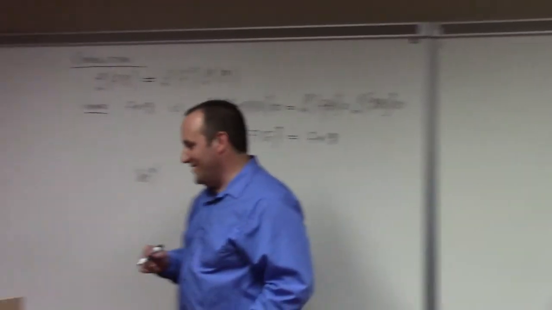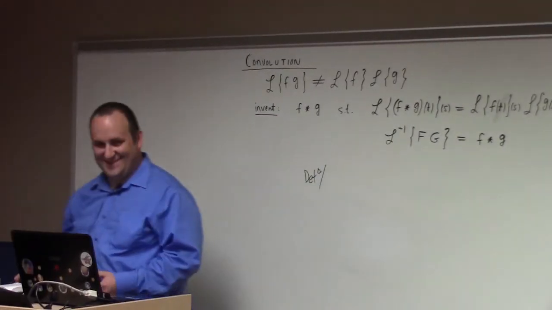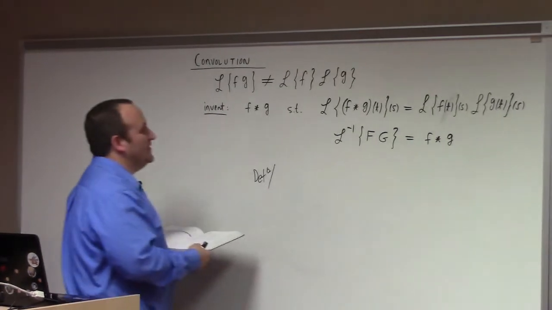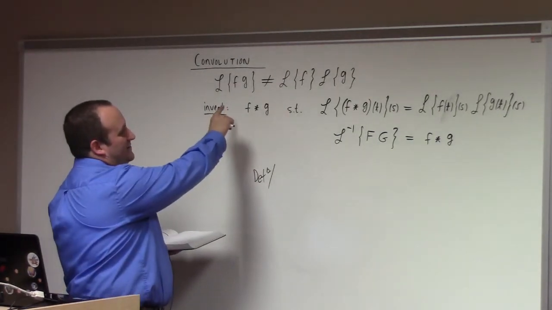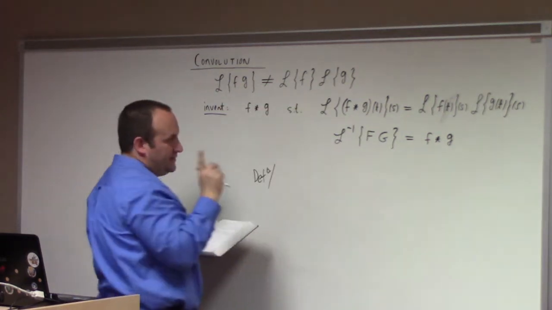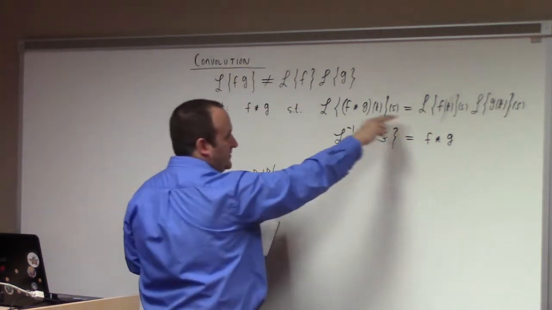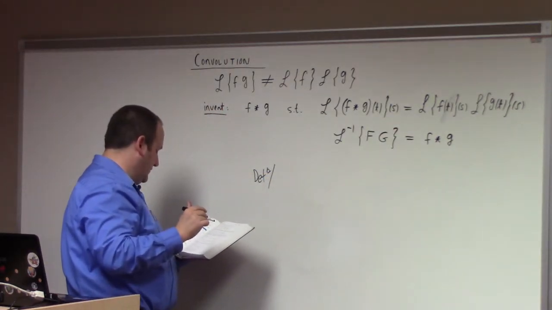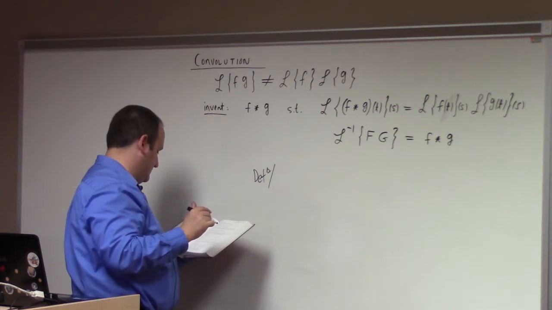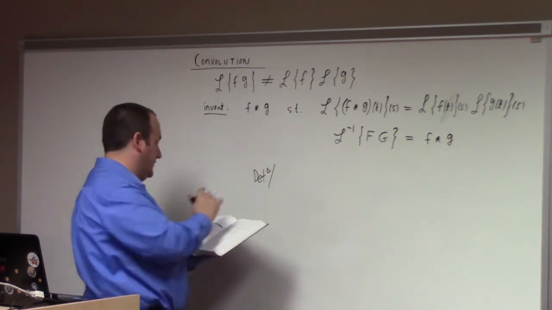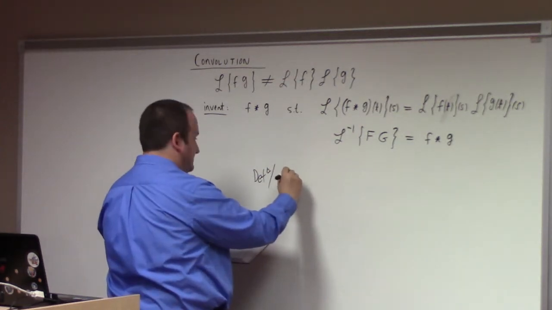All right, so starting again for the first time, convolution. Convolution is this thing that fixes, so the Laplace transform of a product is not the product of the Laplace transforms, but this thing called convolution satisfies that. So let me give you the definition here. I lost it already. So the convolution of f and g